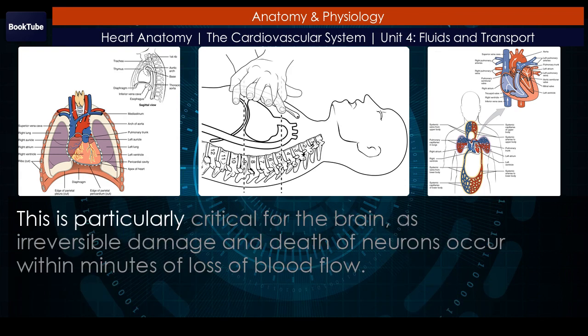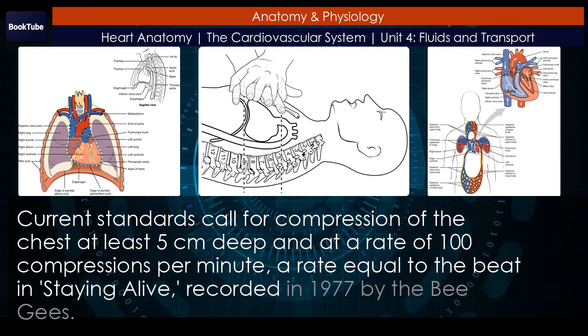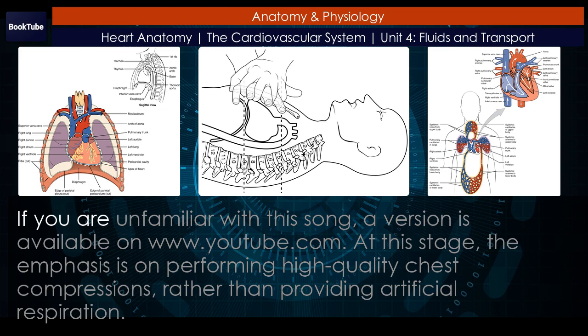This is particularly critical for the brain, as irreversible damage and death of neurons occur within minutes of loss of blood flow. Current standards call for compression of the chest at least 5 centimeters deep and at a rate of 100 compressions per minute. A rate equal to the beat in Staying Alive, recorded in 1977 by the Bee Gees. If you are unfamiliar with this song, a version is available on